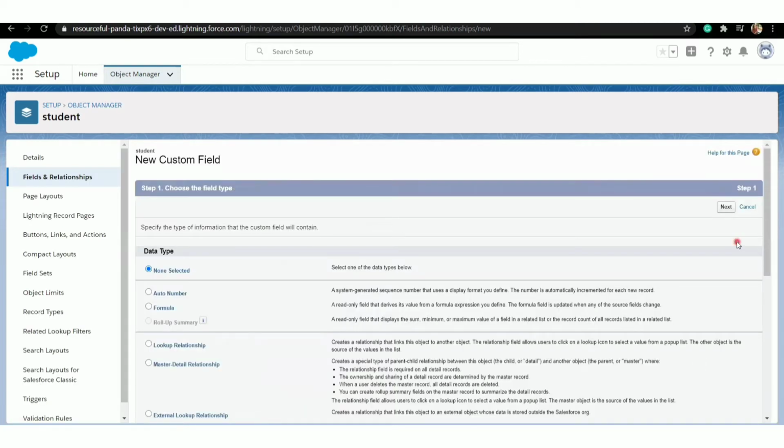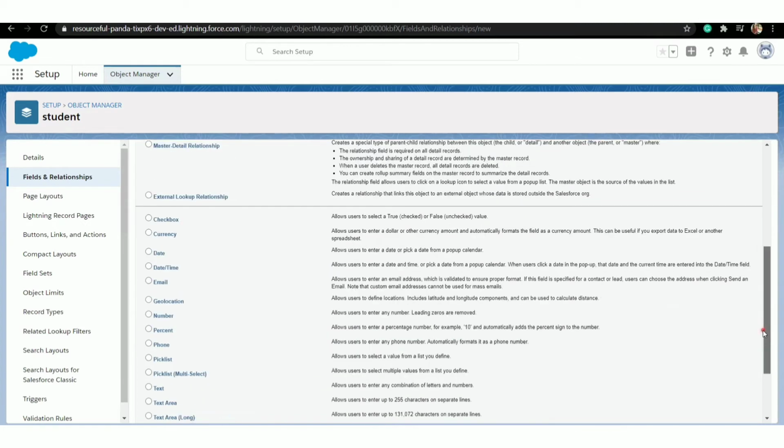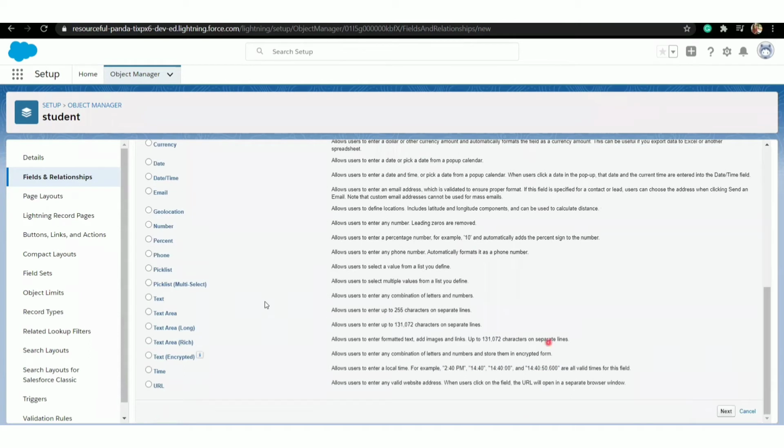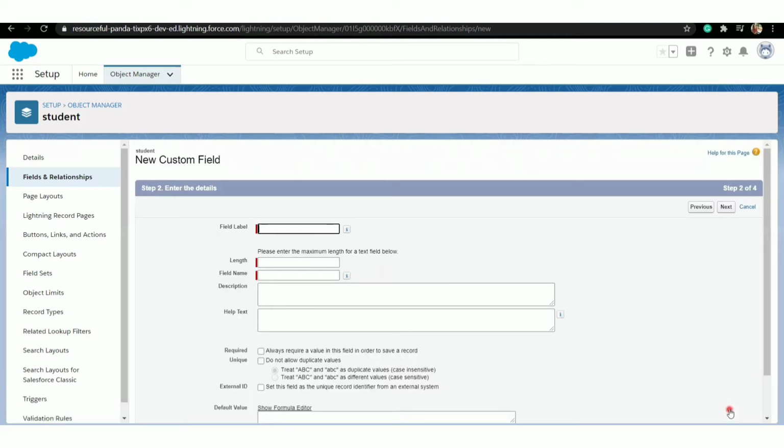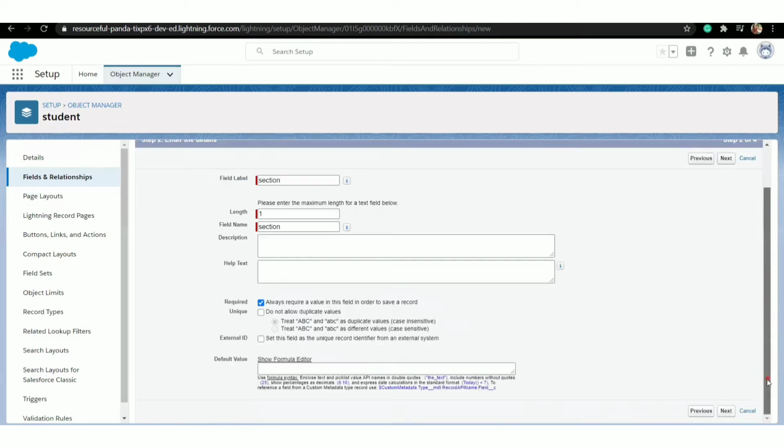Okay, so now I'm entering one more field for the section. Okay, so just come below. Section is of text again. So just click on text data type, and then again click on next. Same procedure you have to follow, just the label name will be different. That is, I'm giving section, and suppose its length is only 1, because you'll be entering A, B, C or something like that. And again make sure that you have clicked on the required, and again there is no need for you to select the unique checkbox because the sections may repeat. And then again click on next,